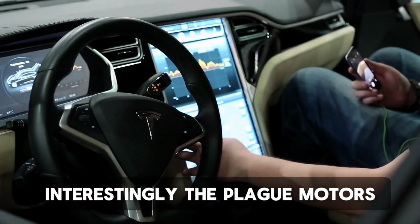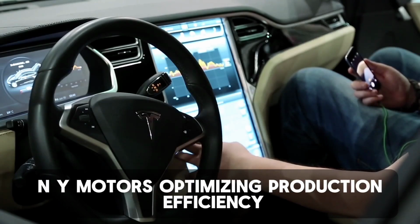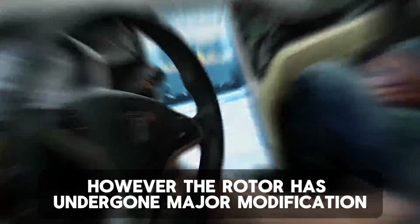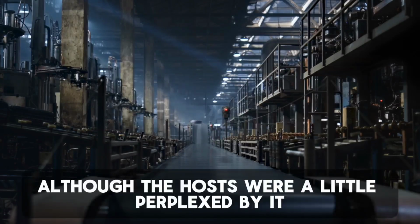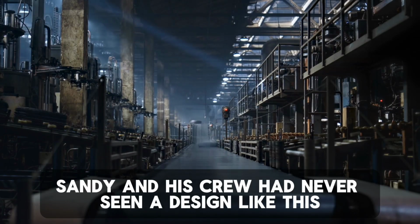Interestingly, the Plaid motor stator is exactly the same as the one found in the Model 3 and Y motors, optimizing production efficiency. However, the rotor has undergone major modification. Although the hosts were a little perplexed by it, Sandy and his crew had never seen a design like this